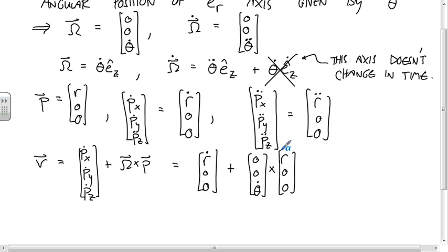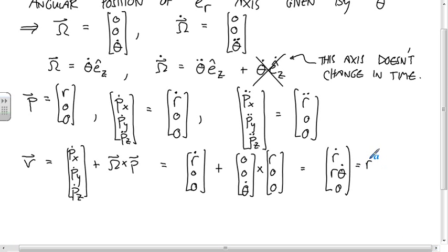Is that right? Okay, so then you get r dot and r theta dot, 0, or the way you see it written more often is r dot e_r plus r theta dot e_theta. And